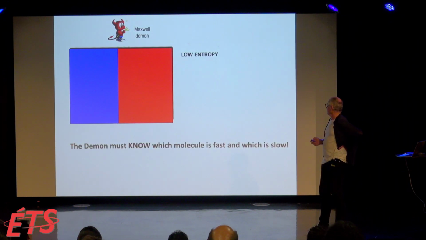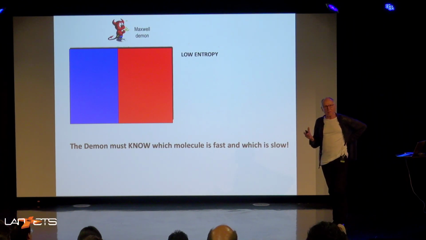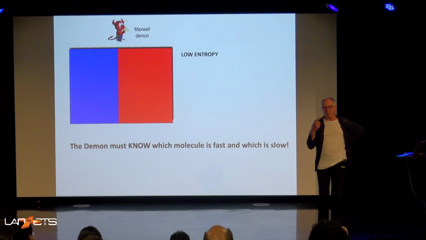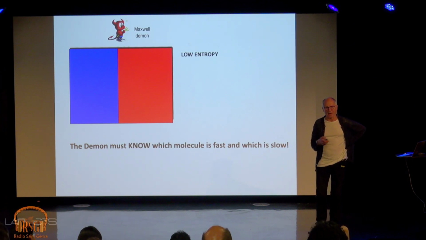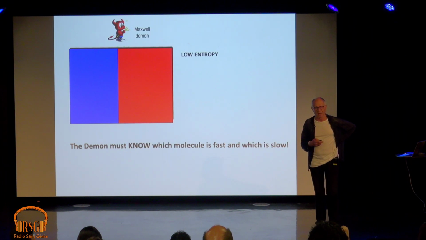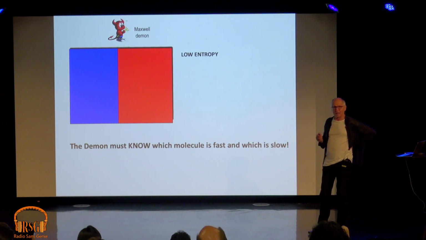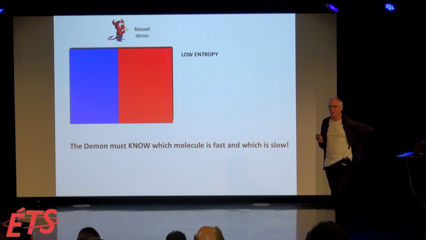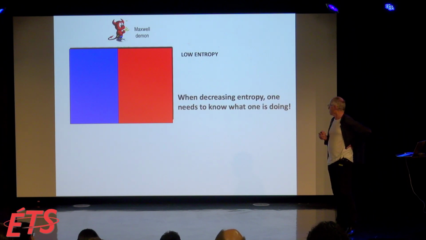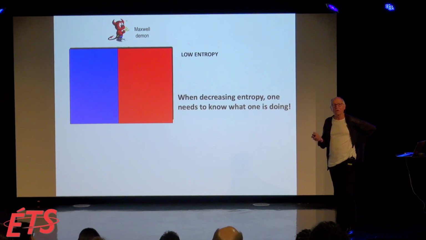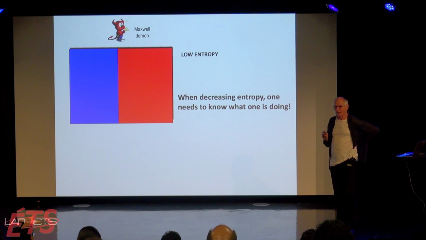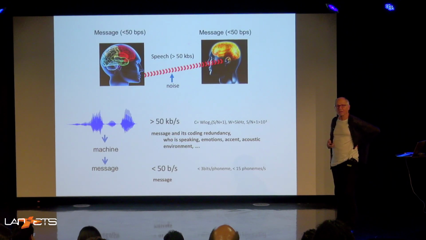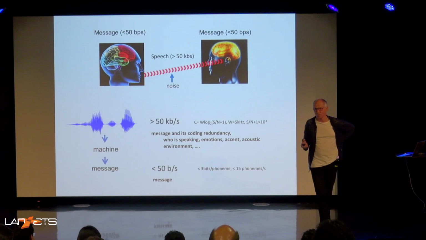However, you have to start thinking that there is a problem, because the demon is a demon, of course. The demon must know which of the molecules are fast and which ones are slow. So you need the knowledge. For this, basically, if you want to organize something which has a high entropy and go into low entropy, you need to know what you are doing. And that actually is very important. And in some ways, this is relevant to the topic which I do want to talk about, which is